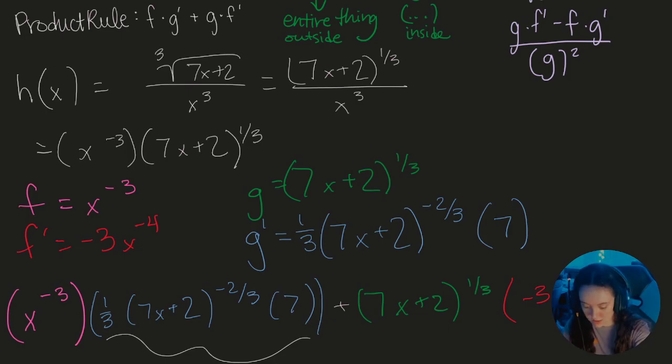So x to the negative third times 7/3 times 7x plus 2, which is raised to the negative 2/3 power,